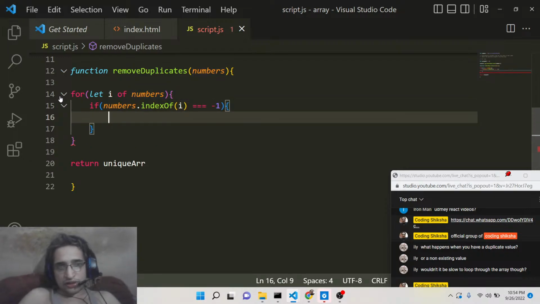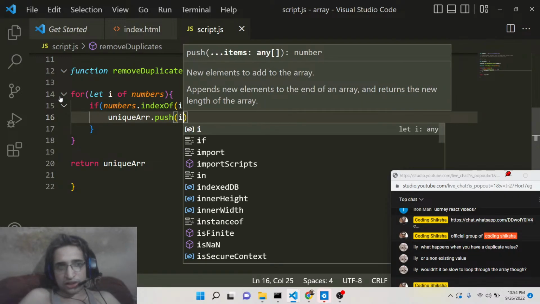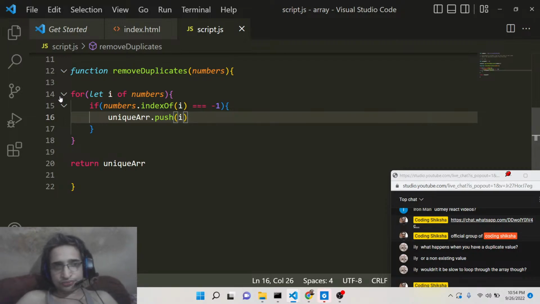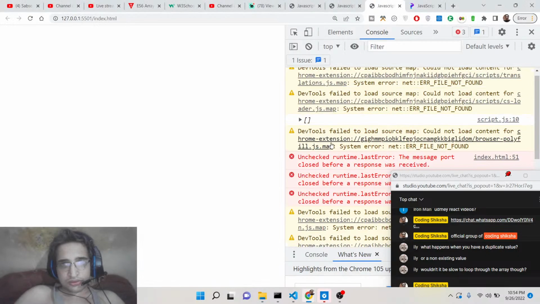In that case, we can basically push this, unique array push the actual I. Then we can return out the unique array. If you refresh it now,